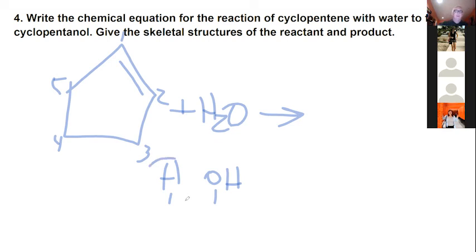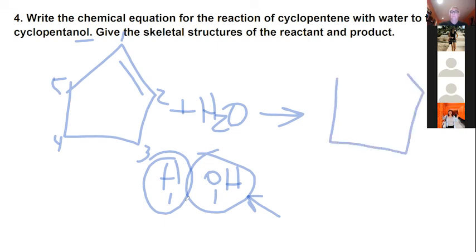So it won't matter which one of them will get the hydrogen; one of them will get the hydroxyl group. And it's 50-50 for this one. That's where the "-ol" comes from. "-ol" means it's an alcohol, and we'll learn this next chapter, because it has a hydroxyl group attached to it. So what I'm going to get is the double bond goes away, and